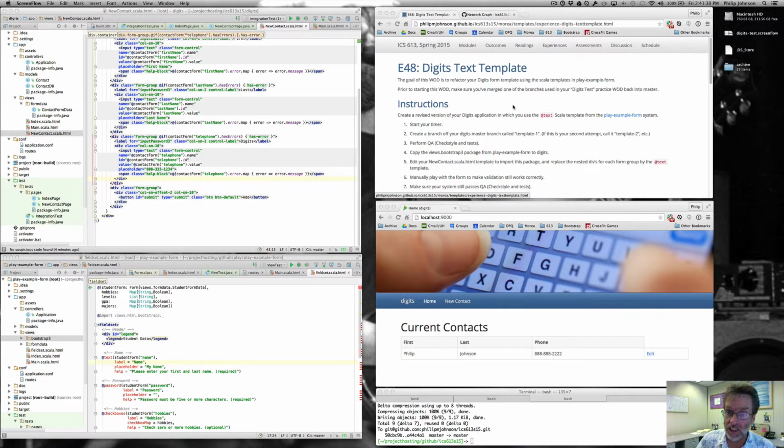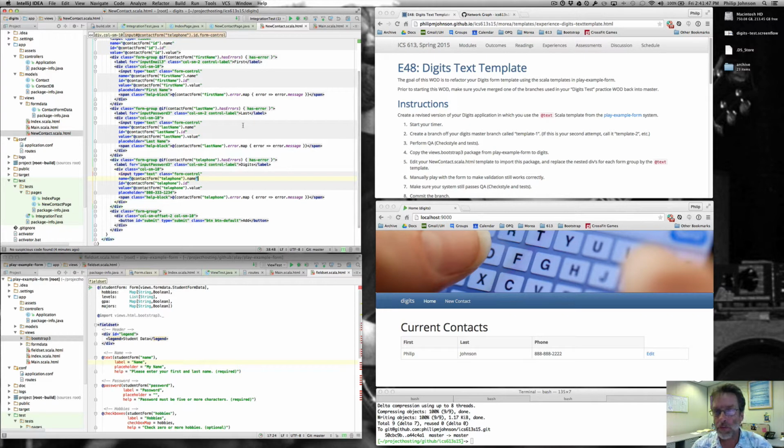Easy, however, to do this WOD, and this is one of my favorite WODs of the whole semester because remember, a few WODs back, I was commenting about how crufty the code looks here. Look at that code. That looks terrible. Who the heck knows what that's doing anyway? And it's so repetitive, right? And I said to you,